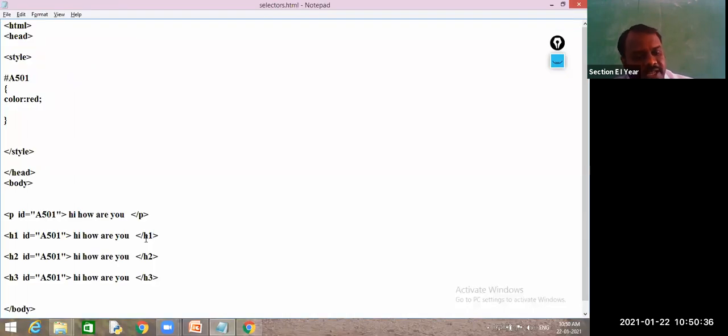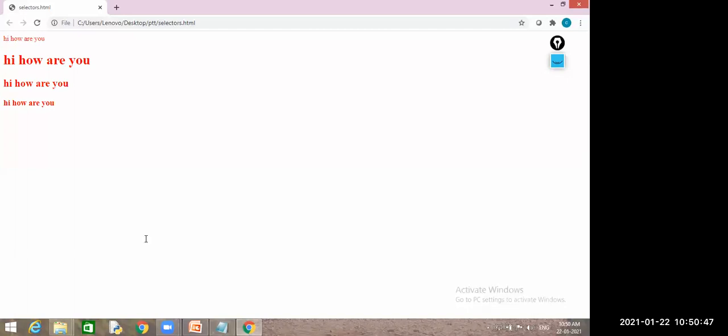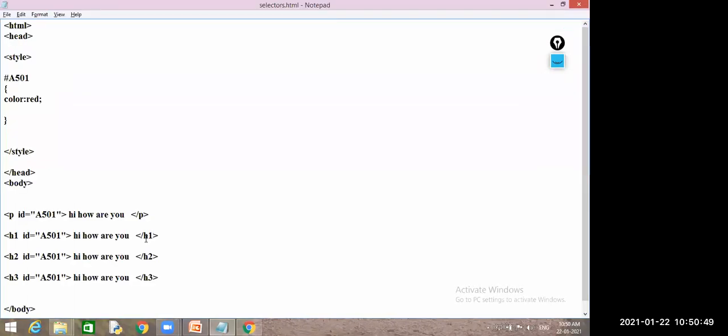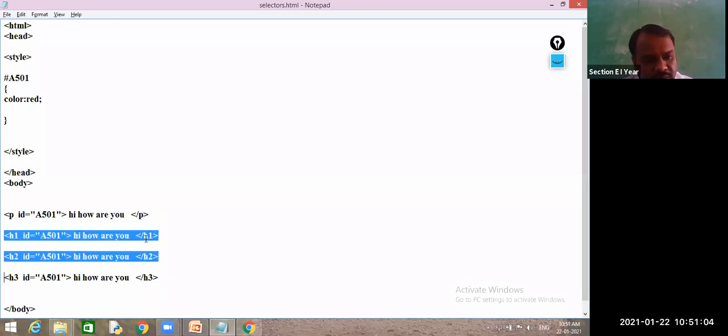So is this property applied to these 4 elements or not? Hello, is it applied to these 4 elements or not? Yes sir, it has applied. But what is the difference between a generic class and this one? If you write a generic class, you can use it for any item, but an ID should be used in the program only once. Okay, you should not use this one, because